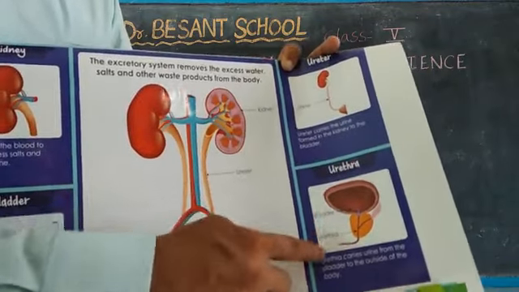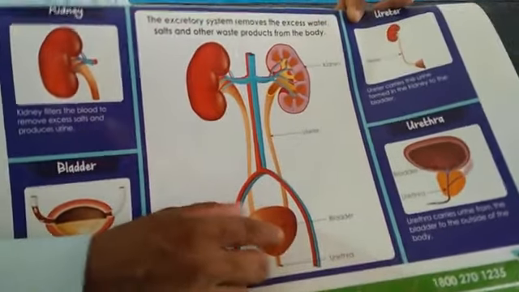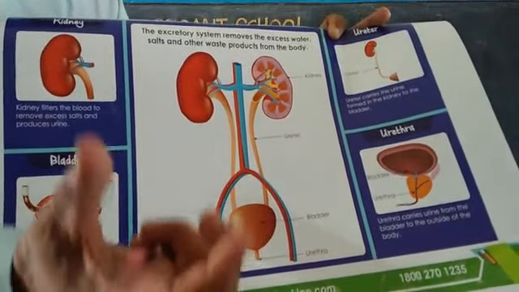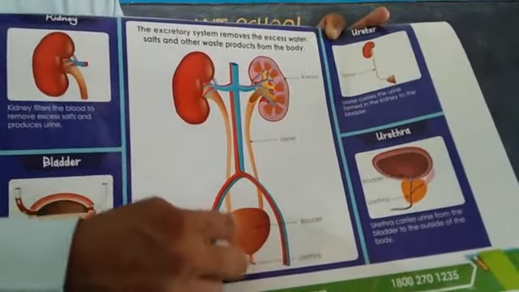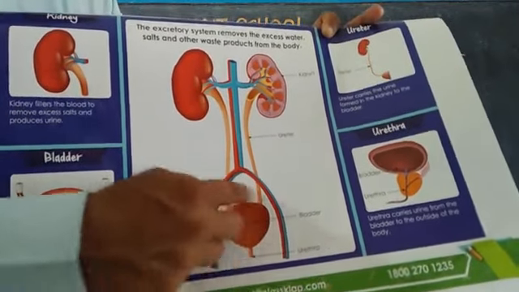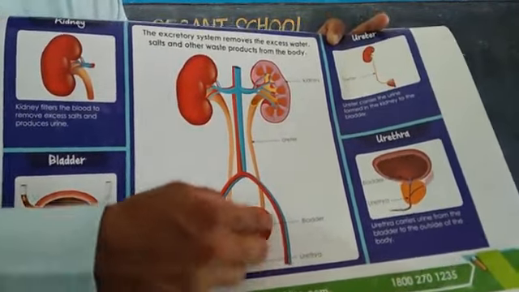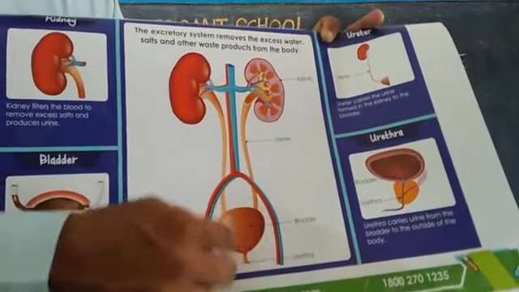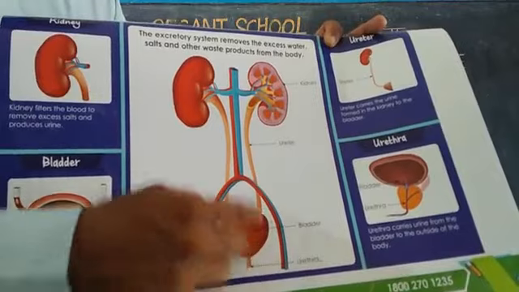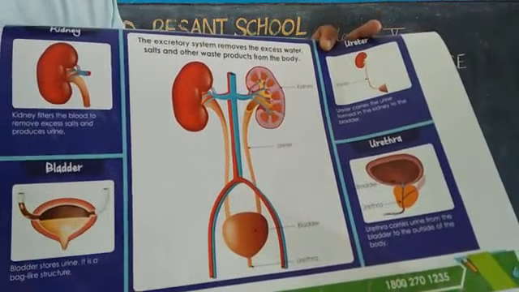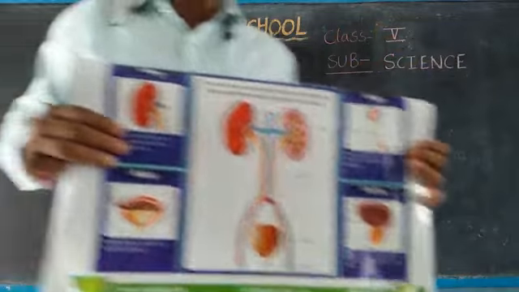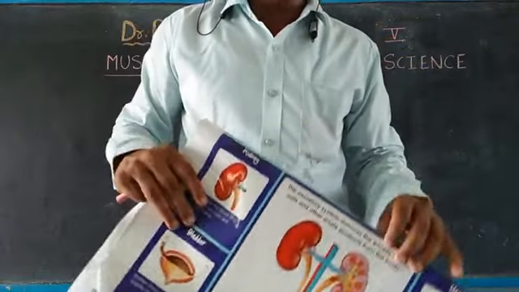See, the urinary bladder is the place where urine is stored. Whenever more urine is collected in the bladder, because of the muscles only, micturition will take place. We have to go to the washroom immediately. These muscles only help in expelling the urine out from the body. In this way, muscles play a very important role in the body.